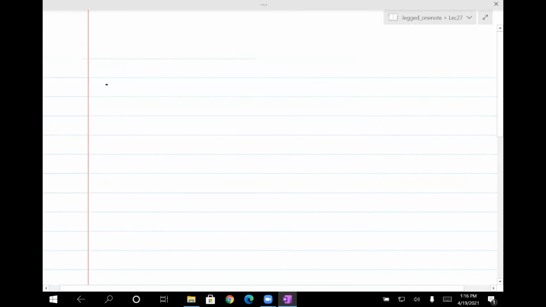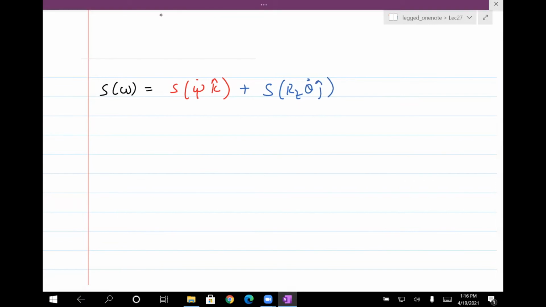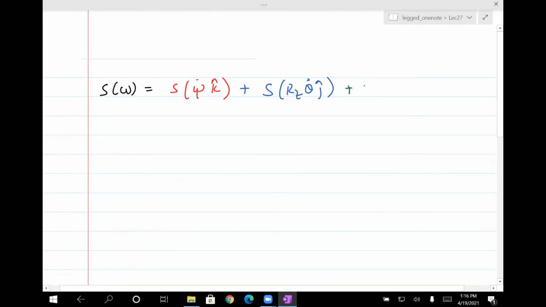So we have S of omega equals, the first term was S of psi dot K. The second term was S of Rz theta dot J. And the third term was Rz